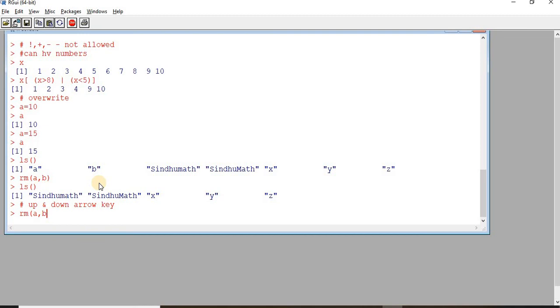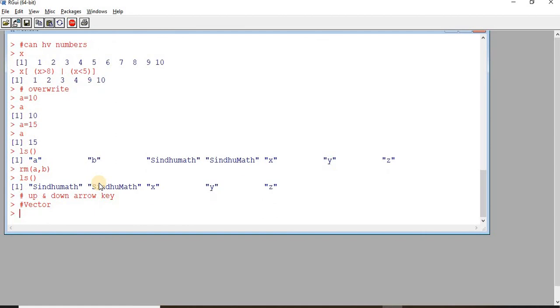Now the next thing is vector. Vector is the simplest type of data structure in R. It can be considered as a regular variable where a single entry consists of a collection of things. So it can be a numeric vector, character vector, or even logical vector.